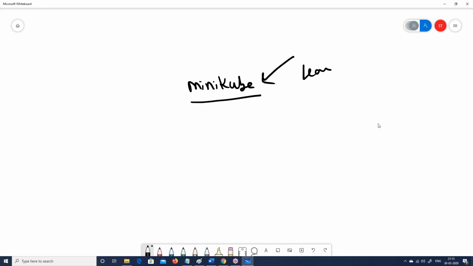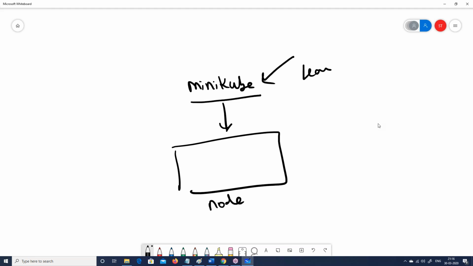So this is only for learning. Why? Because Minikube only creates a single node, because you are learning, right? In this you can create pods, but it is just a single node, so it is not really for production. Definitely, it has all the features for testing. You can run all your kubectl commands, and you can configure everything, the Docker, everything, out there. It makes things easy for testing and deployment.